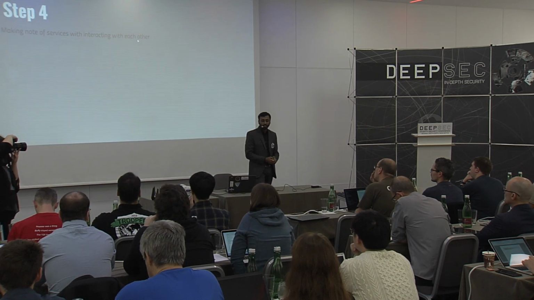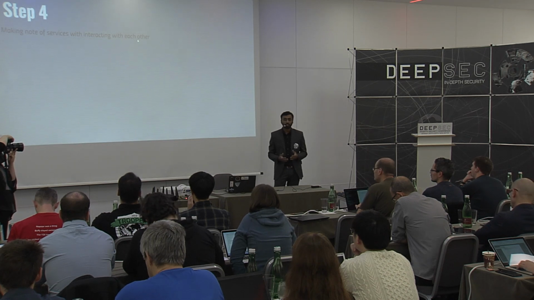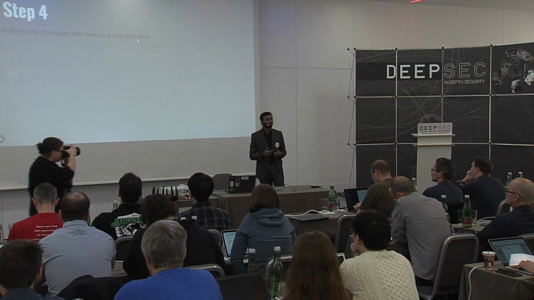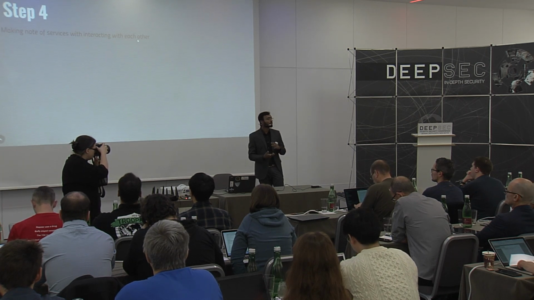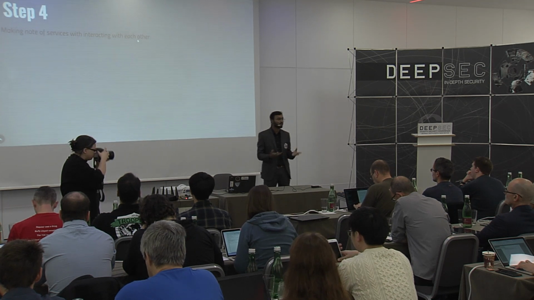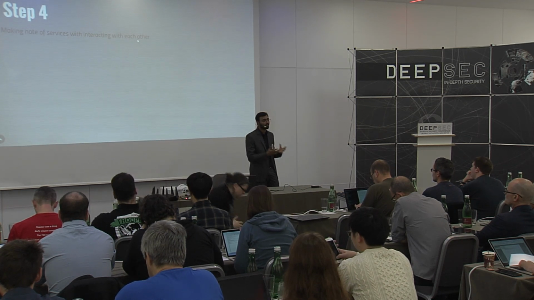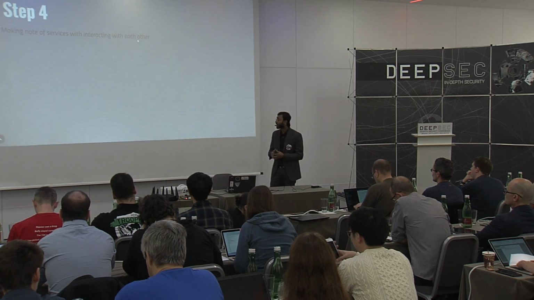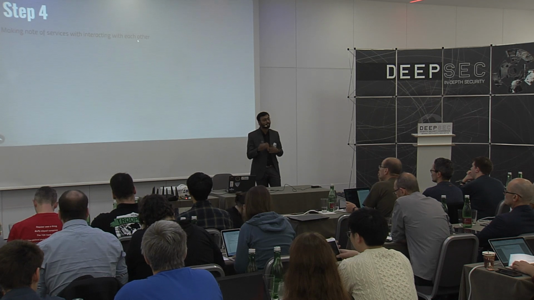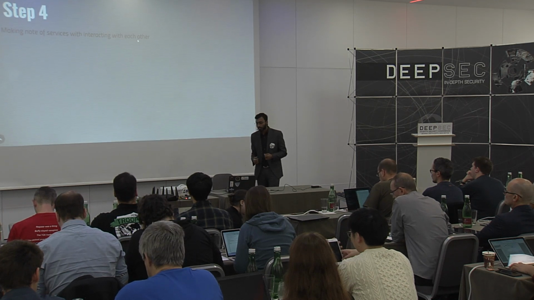And as I mentioned, like making note of services interacting with each other is the fourth step, and we will make a note of a lot of services. So there might be an EC2 instance that might be interacting with a S3 bucket. There might be a IAM user interacting with a lot of other services or access rights, which might get identified in the fourth step, and that will help us analyze and check the interconnection between these services.